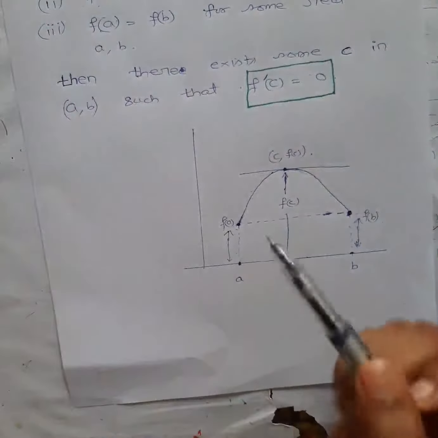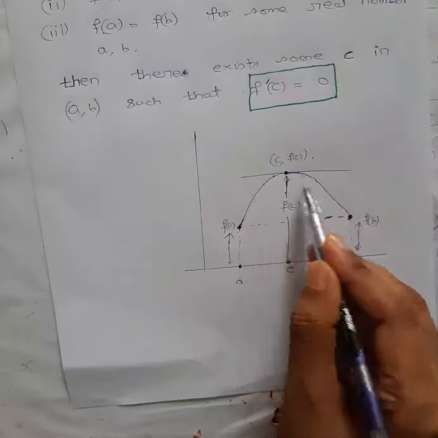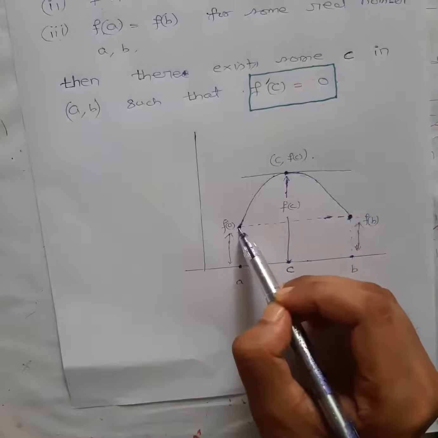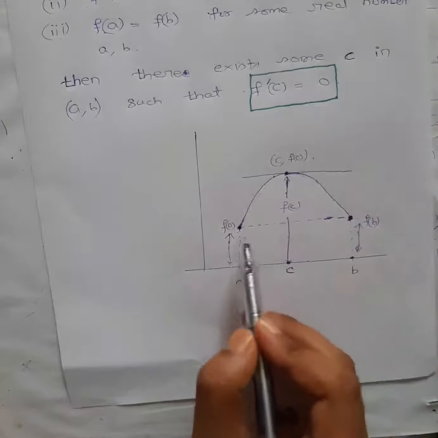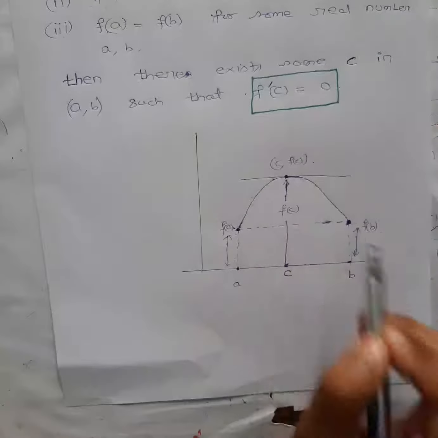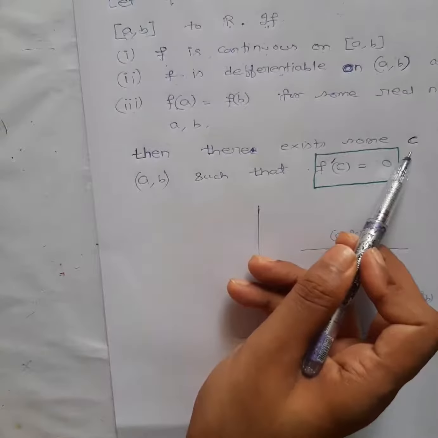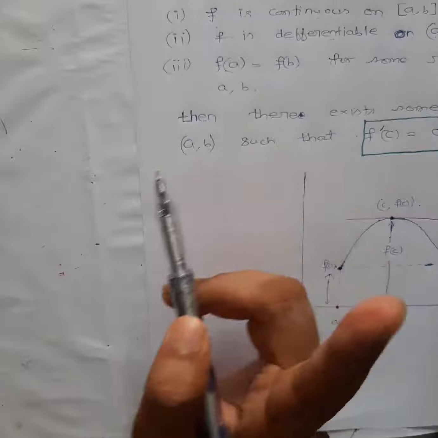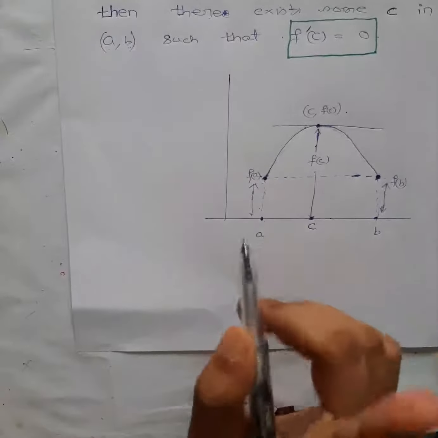So Rolle's theorem says, if there is a function whose graph does not break and which is differentiable, meaning the graph does not have any sharp point, and if the y value at the extreme points is equal, you can see I have drawn them equal, this y value and this y value are the same, then there will exist some c in the open interval (a, b), meaning between A and B there will exist at least one point